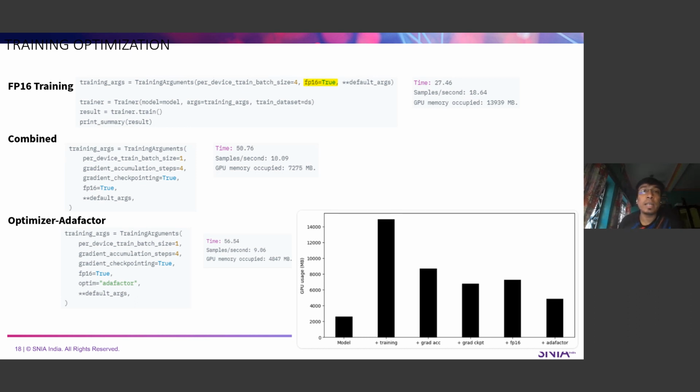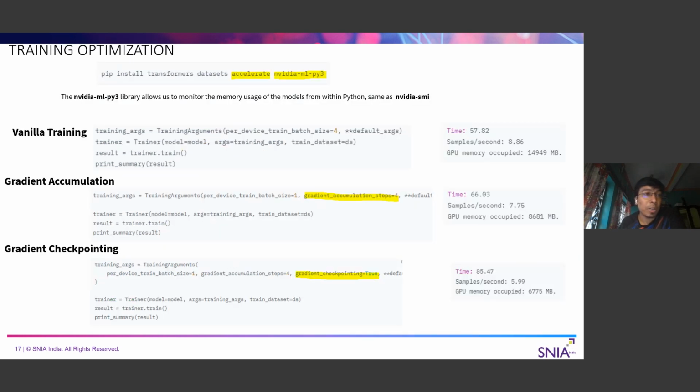As you can see, the training time went down to 27 seconds. It's the same set of parameters actually: per device batch size is 4. As you can see in the earlier slide, comparing to the vanilla training, the same per device batch size was 4, the training time was 57 seconds, and GPU utilization was 15 GB.